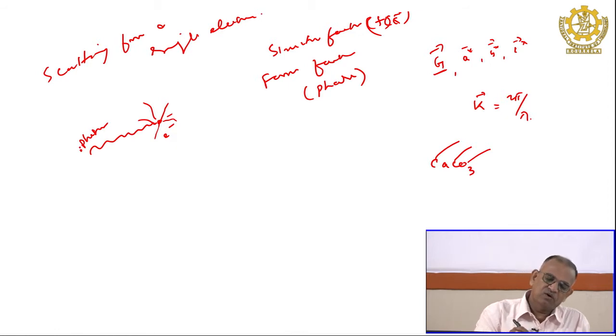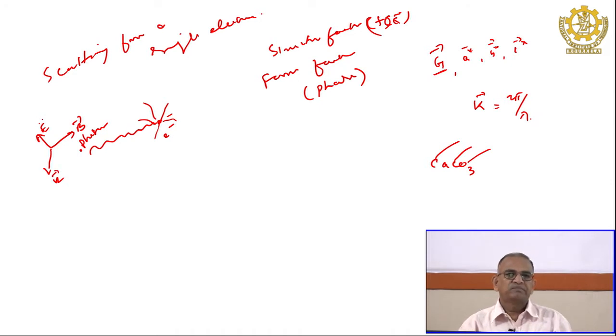Yes, now the photon, which is an electromagnetic wave, how does it proceed? Suppose this is the electric field and this is the magnetic field and this is the direction of propagation, that is your k vector. The wave vector goes in that direction, which is perpendicular to both the electric field as well as the magnetic field.